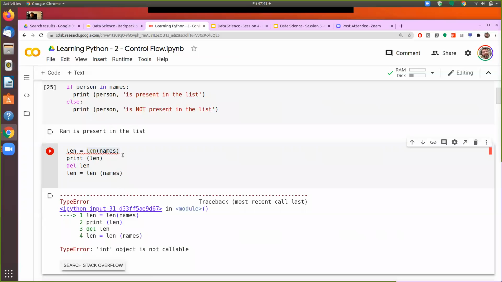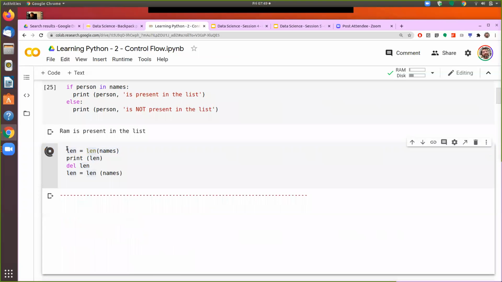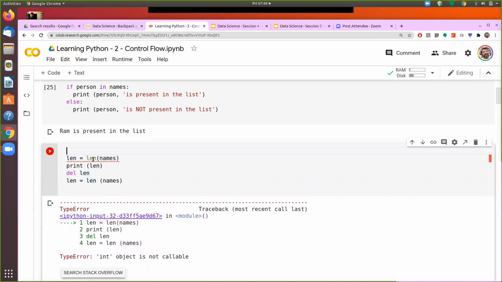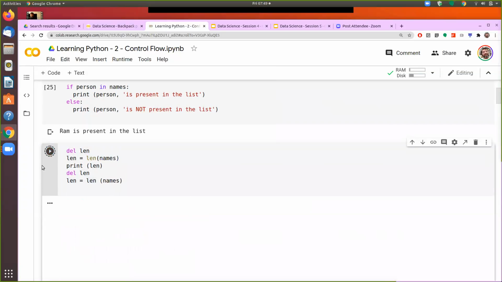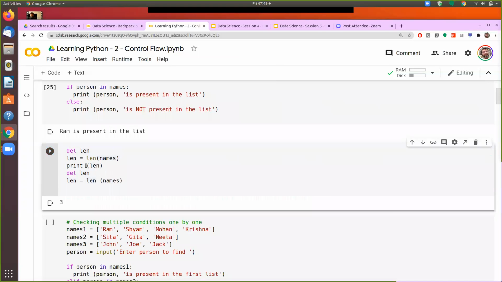Next time when I run this, len as a variable is there in the memory, and that's why I am getting this problem, because it is not treating len as a syntax but as a variable. Therefore, if I want to run this command, first I have to delete that variable from the memory. Once I delete the variable from the memory, it is able to execute this line.